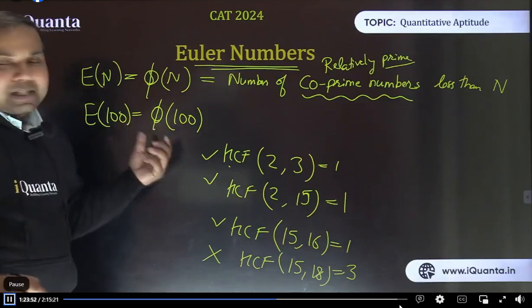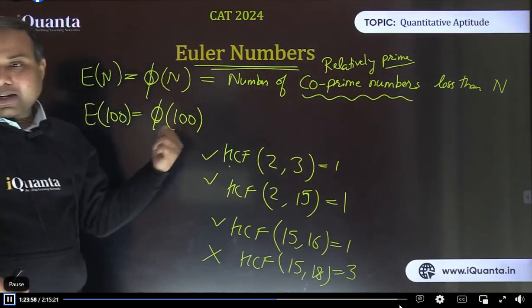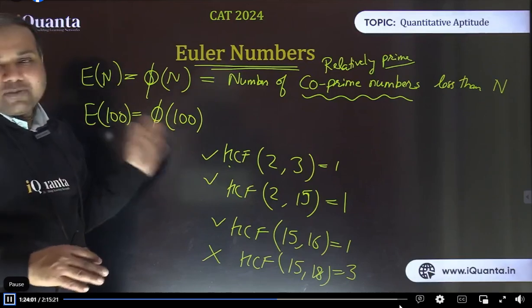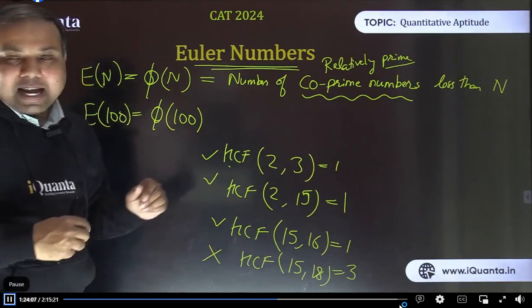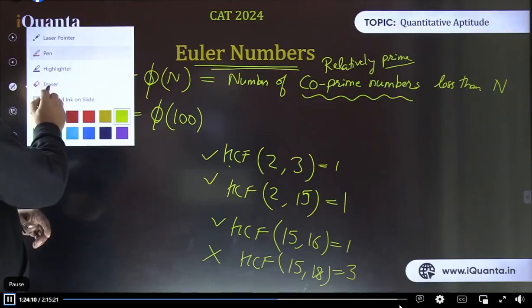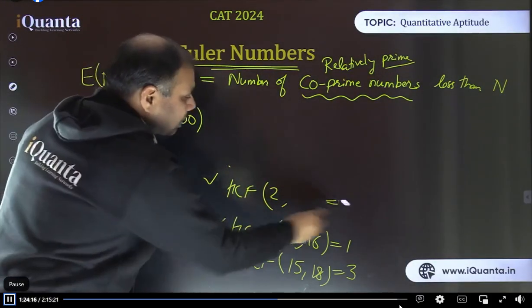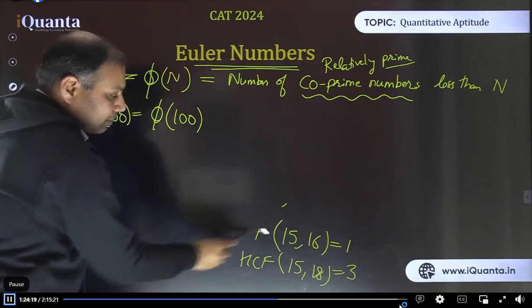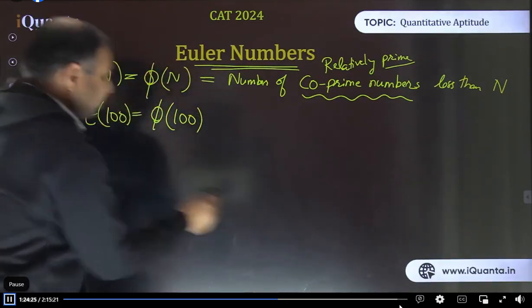So what does it tell us? It will tell us how many numbers are there which are less than 100, and which are not having any common factor with 100. Okay, now think, if I'm writing those numbers which are not having any common factor with 100, so what all numbers will come in this category? Smallest number क्या होगा? What will be smallest number? Of course, 1 should be there.